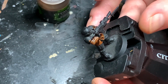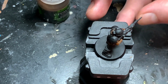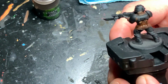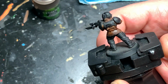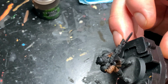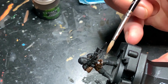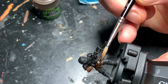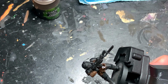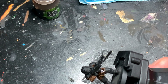So what I'll do is I'll go ahead and let this dry, and then I'll come back once that's dry to show you the result. So this isn't quite dry yet. If you look, you can see there's still some wet spots, but as this was drying I noticed something. So if I turn this over, you can see I've got a lot of pooling here. So the wash I pushed up here came down and went into this area, and that's more than I want there. So what I'm going to do to fix this is take a brush that's a little damp